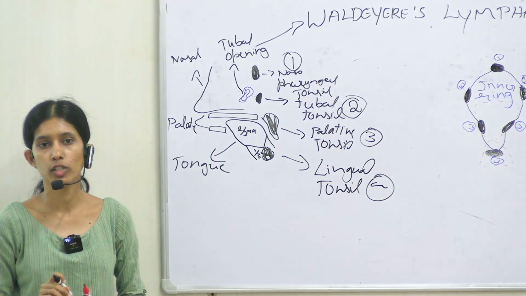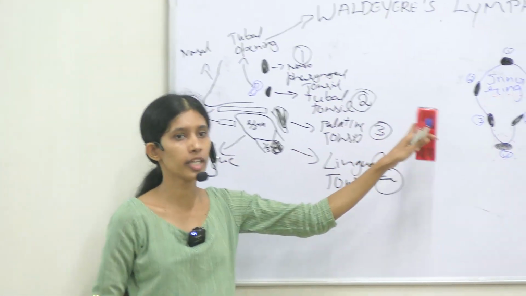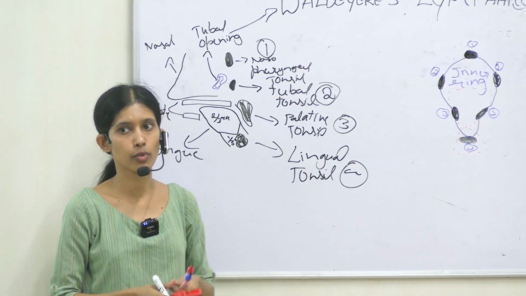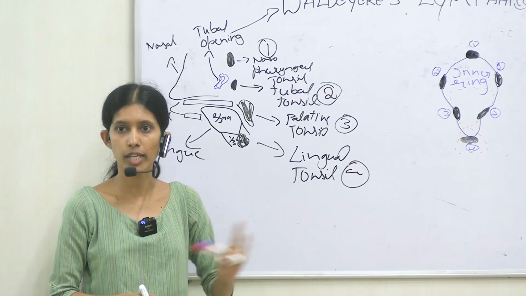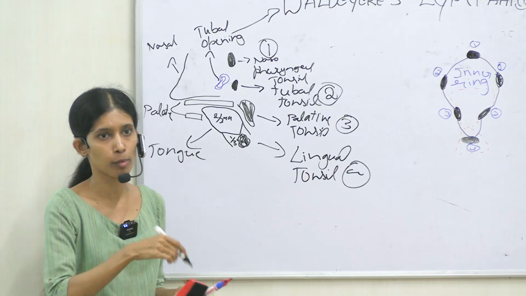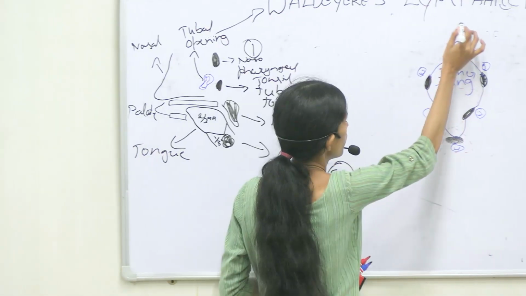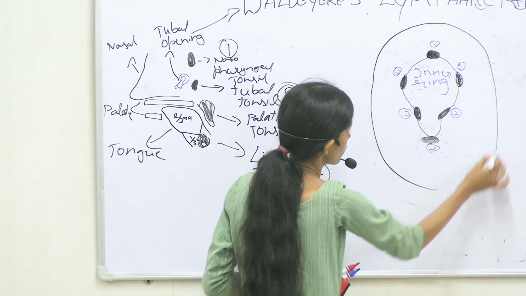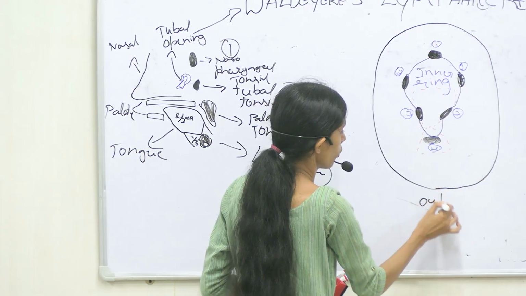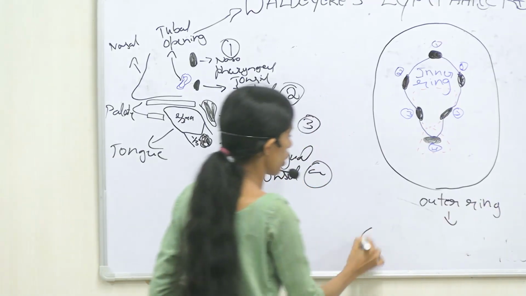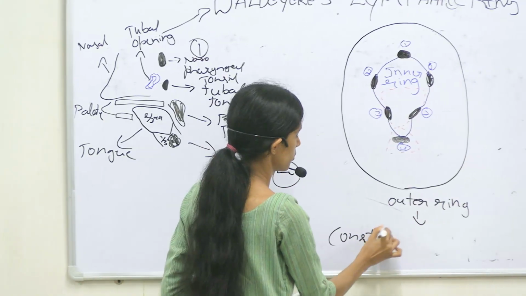In most of your textbooks they have mentioned only the inner ring part. So if in your exam or test you write only the inner ring part, more than enough. But for your MCQ purpose I will mention the outer ring part also. So this will be your outer ring. This will be the outer ring. This outer ring is constituted by the